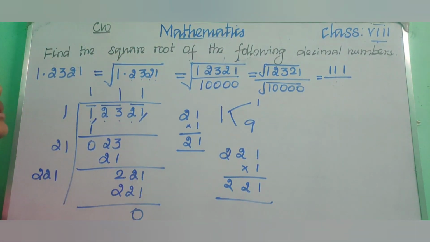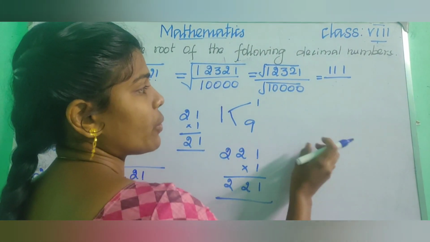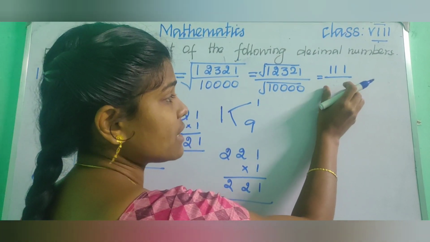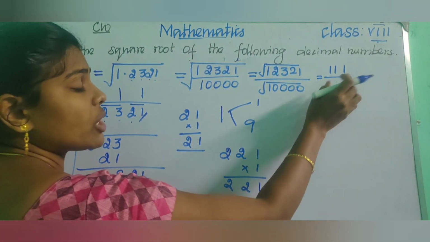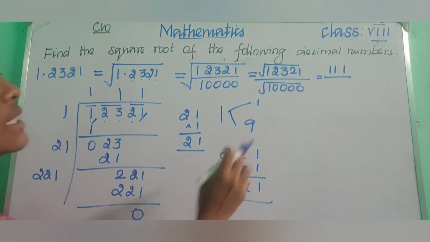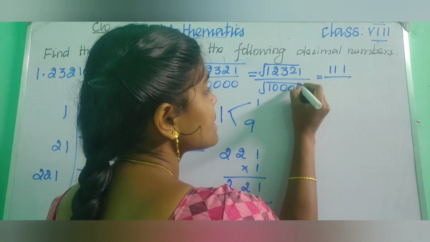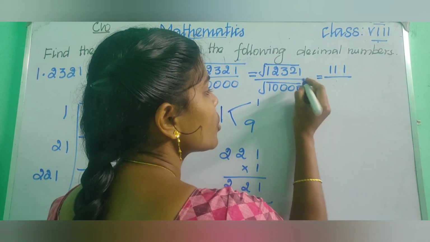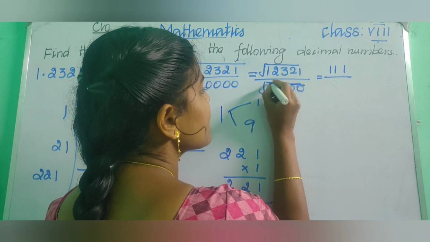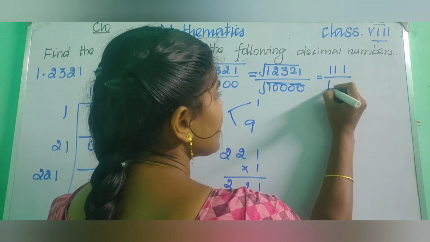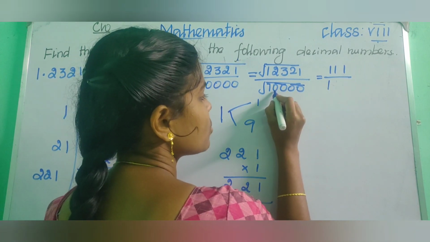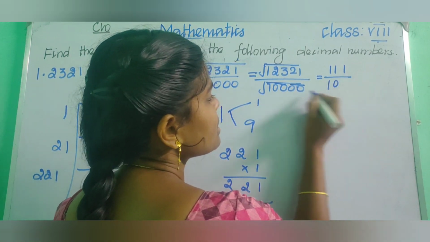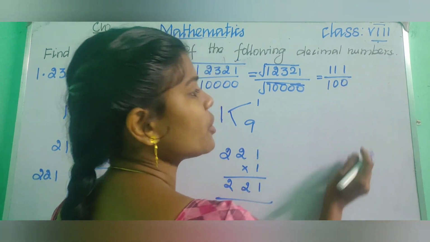In the previous sum, I forgot to insert the decimal point. In that sum and exercise, I didn't complete it by putting the decimal point. You need to insert the decimal point there. Children, see here. Just put the bar here. From the right, count 2 digits. So for every 2 zeros, we can put only 1 zero. Two zeros are here, so we put 1 zero. Again here 2 zeros, so we put 1 zero.